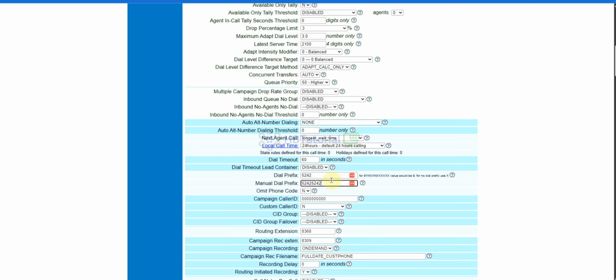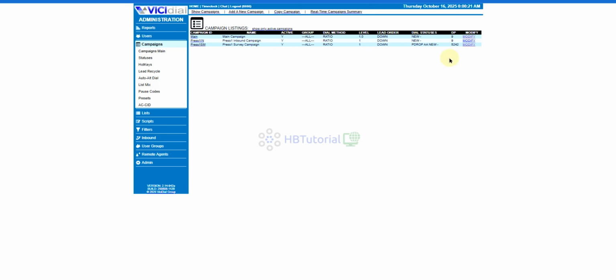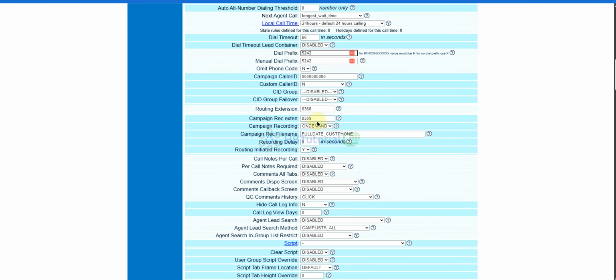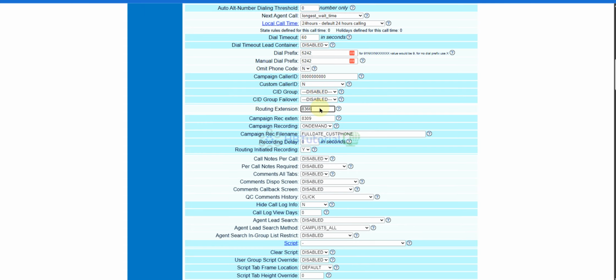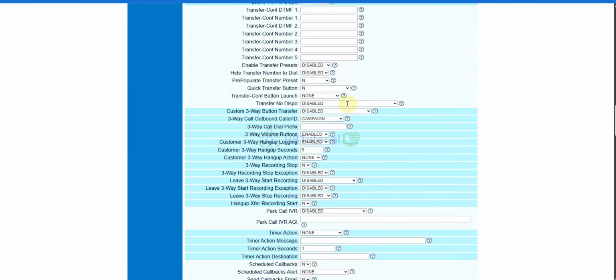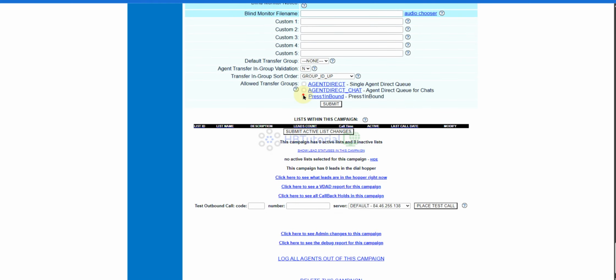Okay, so for now, for the meantime, you can select the routing extension over here. So we can use 8366 for the meantime. So we're not using any AMD. Okay, just submit for now. And then scroll it down. You can scroll it down for the meantime.